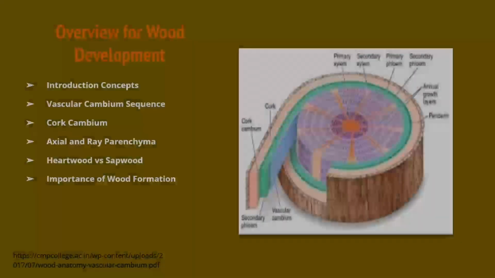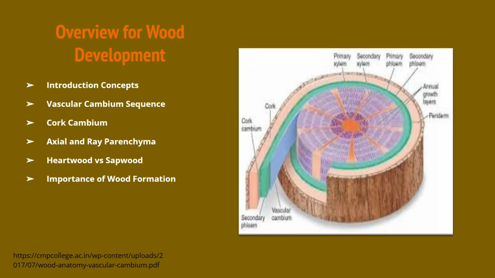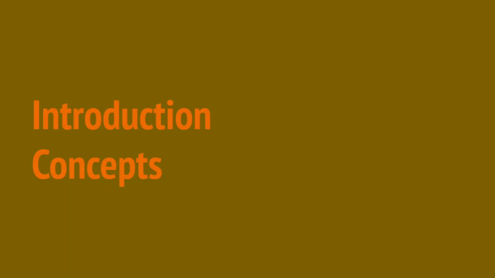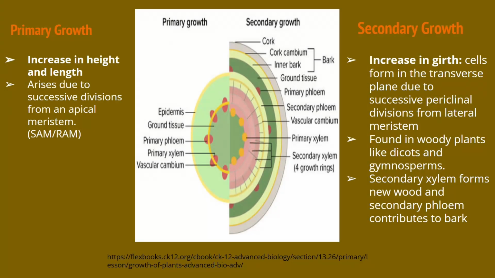So what we'll be going over today will be introduction concepts to wood formation. We'll be talking about the vascular cambium sequence, the cork cambium, axial and ray parenchyma, heartwood versus sapwood, and the importance of wood formation. So going into introduction concepts, secondary growth, which is the growth in girth of a plant